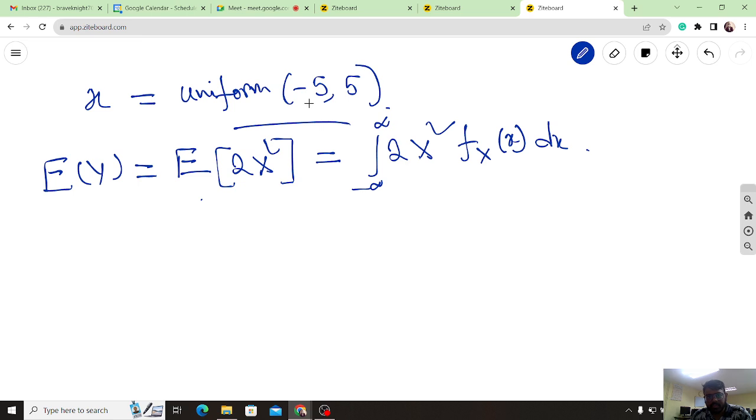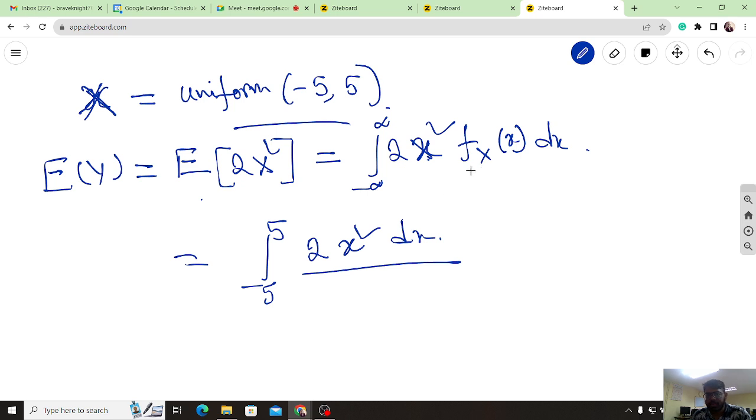But it is given that x has a uniform distribution between -5 to 5. So these limits will be -5 to 5 of 2x square dx,